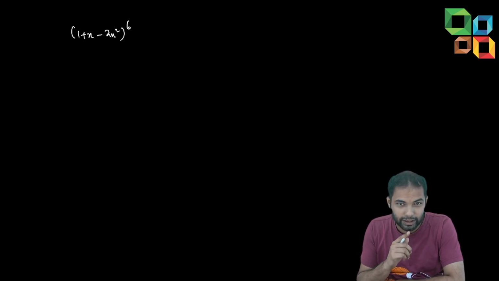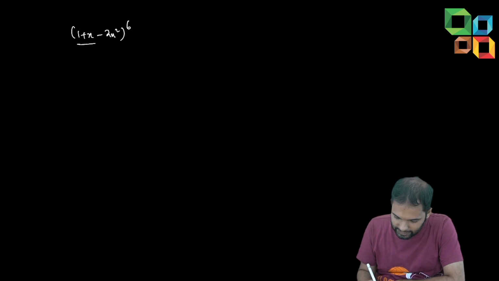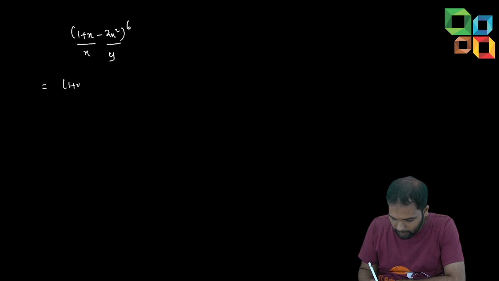Again, we are going to expand in a similar fashion, using this as the first term and this as the second term. So this is something like x plus y. In place of plus, there is minus, but it really doesn't matter. So it is what? (1 plus x) whole power 6, 6c0, 6c1, (1 plus x) whole power 5,